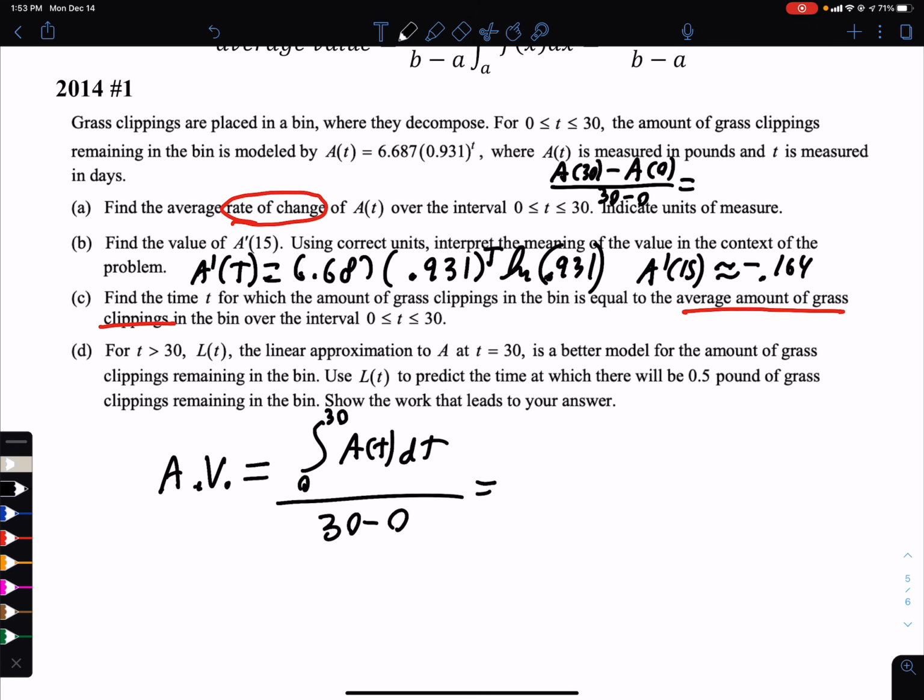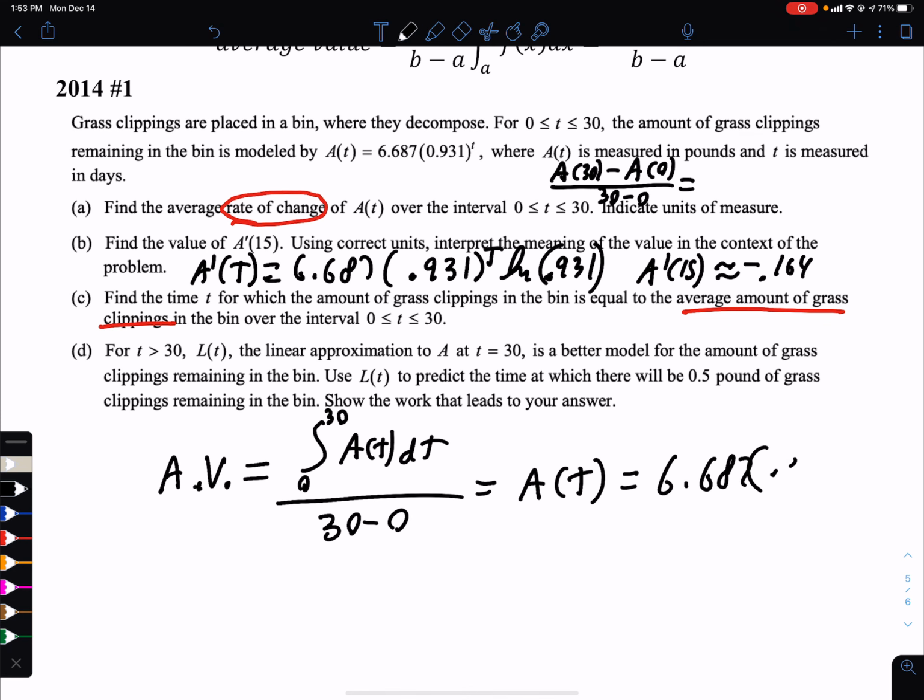Now, this is a calculator problem. If you were to work this out, you would get some number. Okay, that's the average amount. But what do they want you to do with that? Find the time for which the amount of grass clippings is equal to the average amount. Well, how many grass clippings do we have? This is the amount of grass clippings. So we want the average value to equal the actual amount, which is